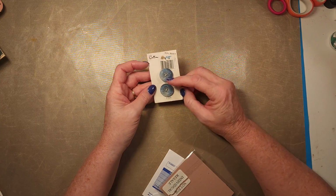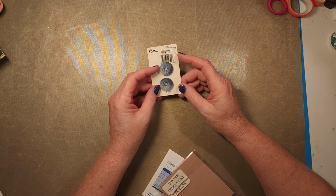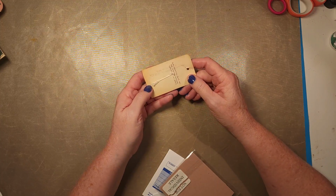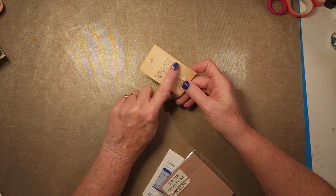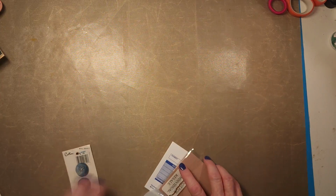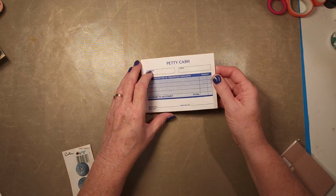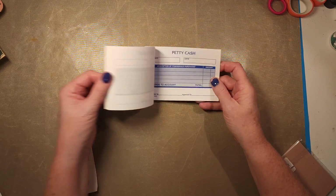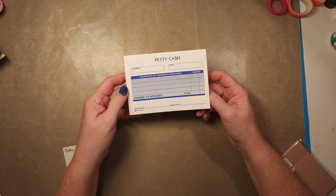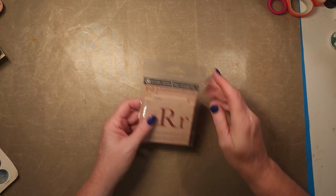These are some vintage buttons because these were 10 cents. Again, navy blue is what I was looking for. You can kind of tell by the patina on the back of the card that these are not new. Then I found this cute, I'm sure this isn't very old, but petty cash. I thought that would be fun in junk journals, so I got that. And then